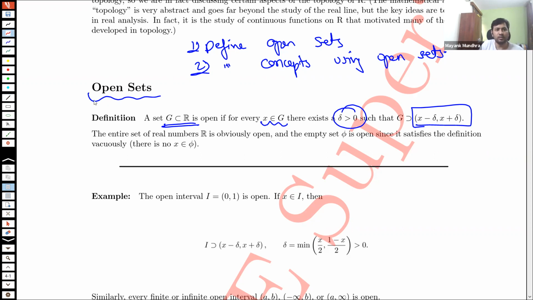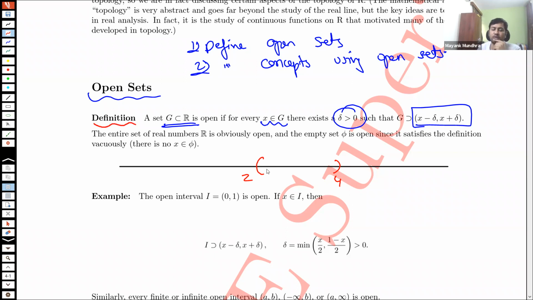So why don't one of you give me an open set? Okay, so I see Anuradha. Anuradha, give me any open set on real number line. Sir, 2 to 4. 2 to 4, very good. Okay, open 2 to 4. Thank you, Anuradha. So now I have this open set 2 to 4, which I want to check if